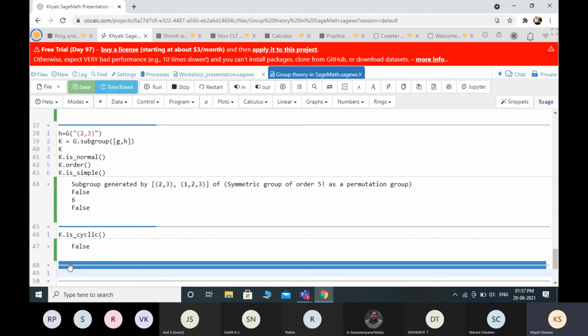And many things you can do: you can find out cosets and conjugacy classes and group homomorphisms. There are inbuilt commands for that. So I think in group theory we can use Sage Maths everywhere. I'm not aware about many things, but yes, we can see the reference manual also. So Sage is covering a large area in group theory.